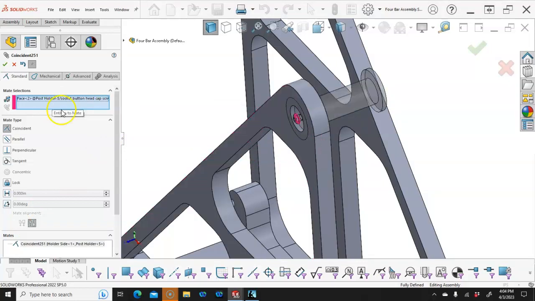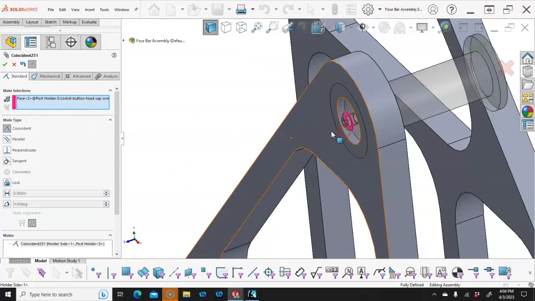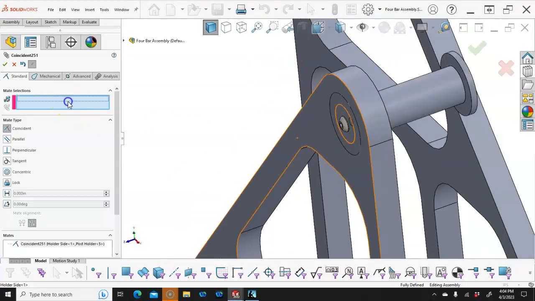And the holder side, that one was okay. What did it pick up there then? Face, oh, on the button head cap screw. Well, I have no idea why it did that. I don't remember doing that one. So,